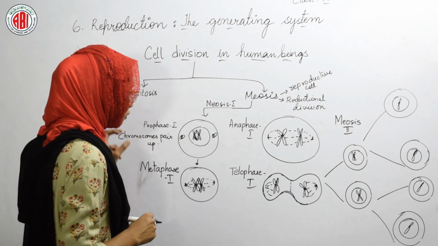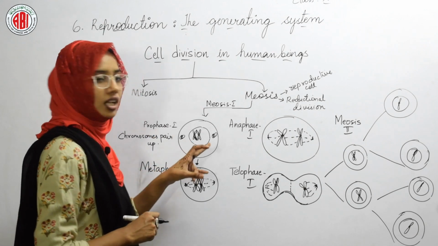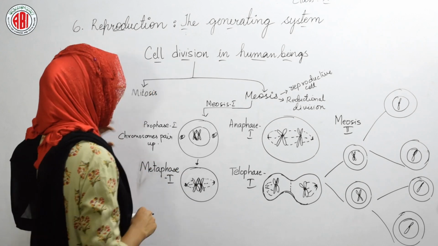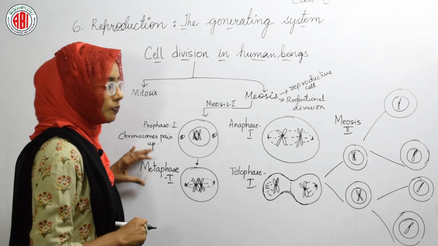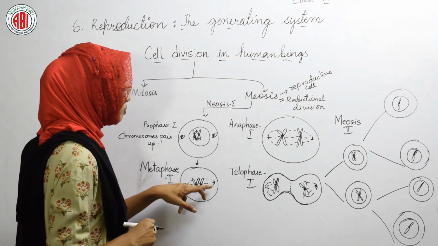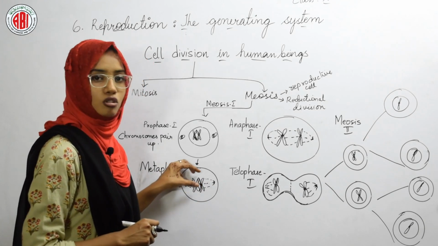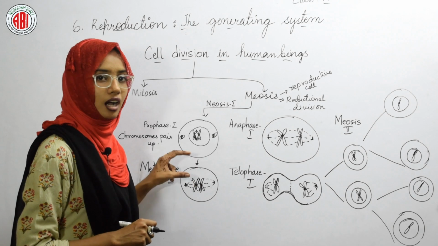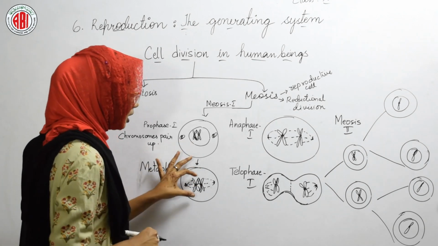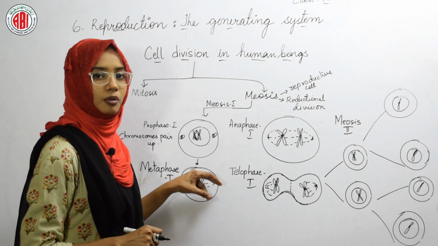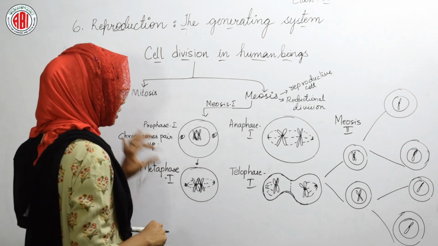After the nuclear membrane disappears, the spindle fibers attach to the centromere of the chromosomes and the cell enters metaphase 1. In metaphase 1, the spindle fibers are attached to the centromere of the chromosomes and the chromosomes line up at the equator. They come to the equator. So, when the chromosomes line up at the equator and the spindle fibers attach to the centromere, this phase is